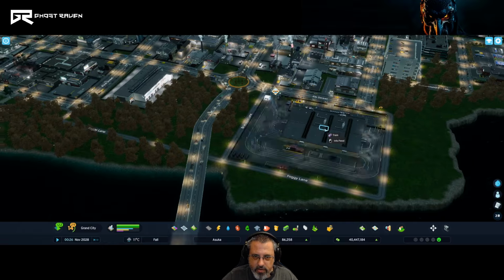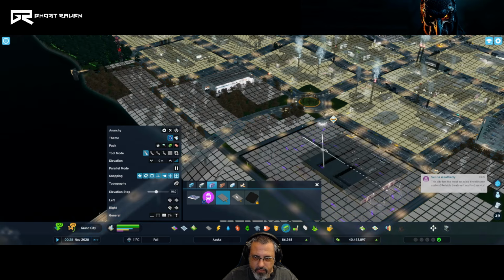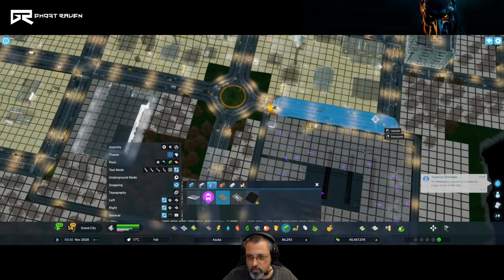Okay, now suddenly we have a little bit more. Okay, so now the thing with the train tracks, or the tram tracks, is you have to actually put the tram tracks on the road now. So you can use the upgrade tool, which is that one over there, and you can drop the tram in. So it's going to say, okay, well, there's no